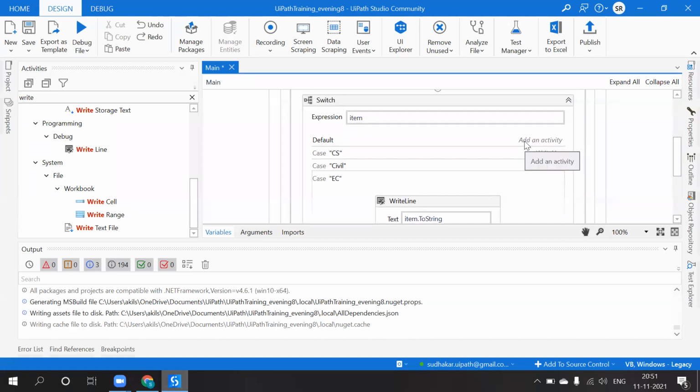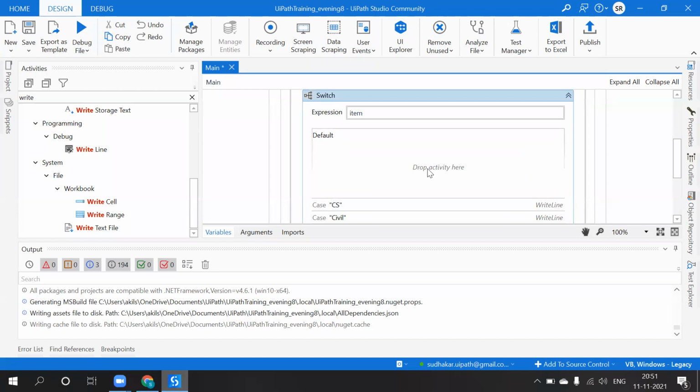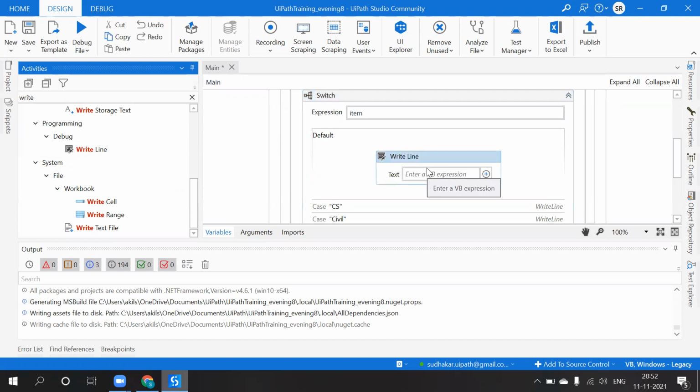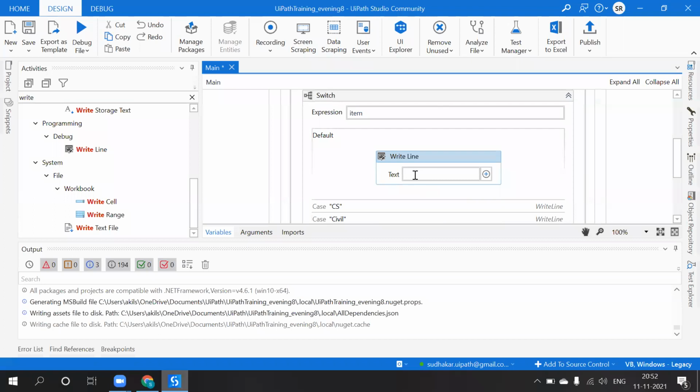And the default case. So that means if there is no value, then for example, whatever the value we provide, if that value does not exist in the list, then it will execute the default case. Okay, so for example,